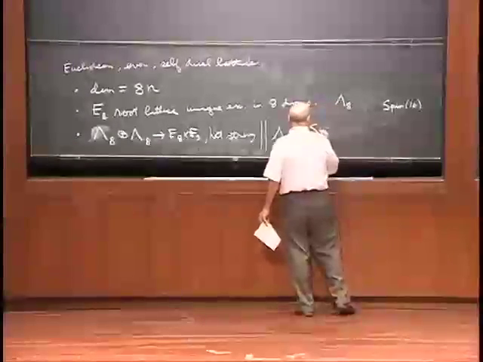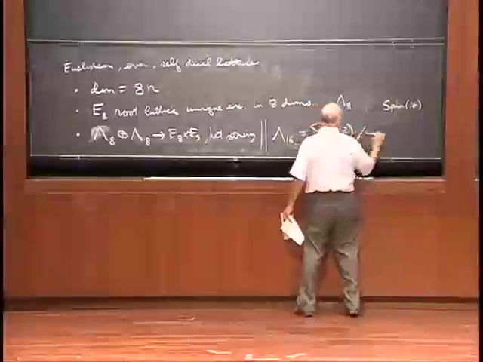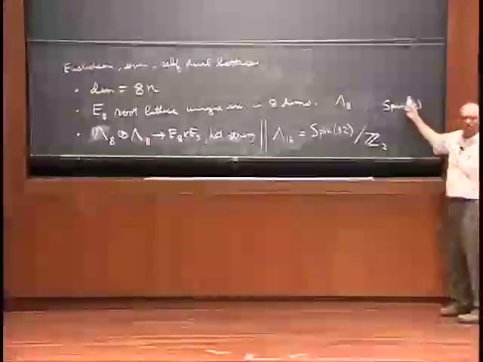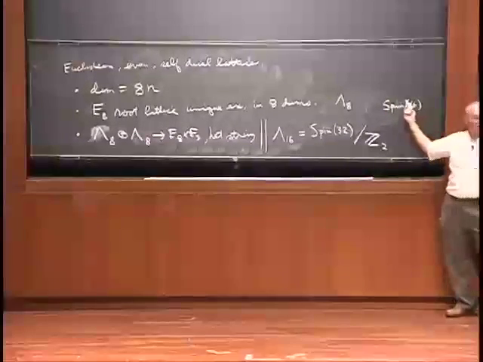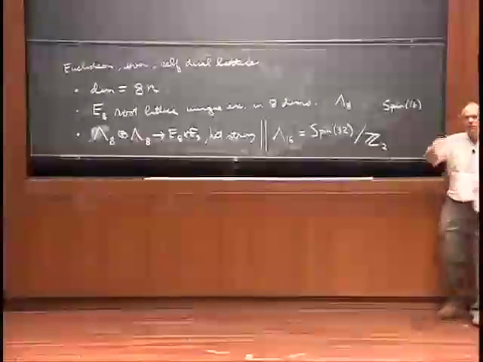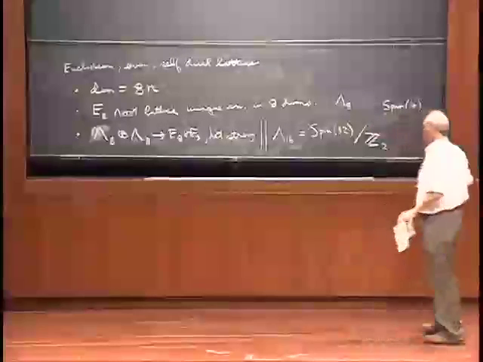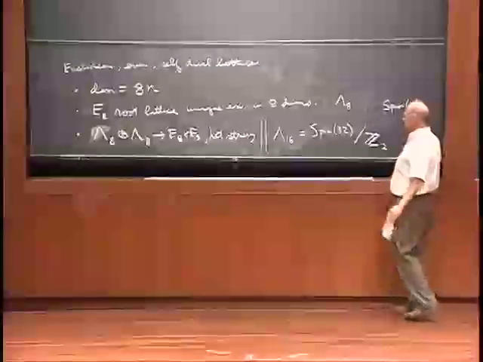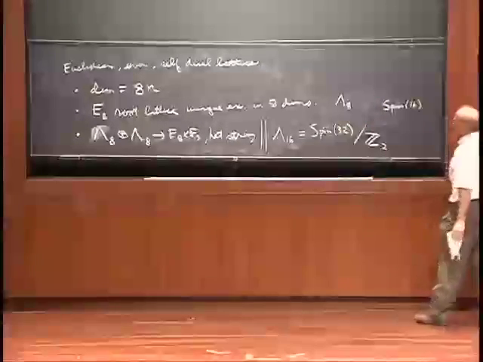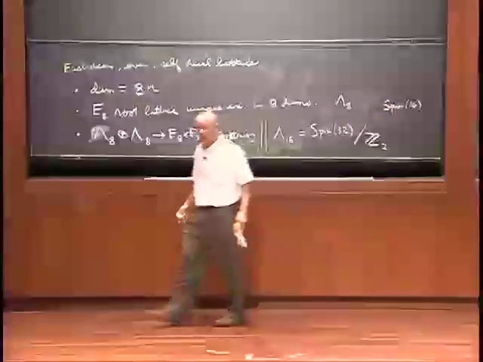So the way people usually write it is they say it's the weight lattice of Spin(32) mod Z2. That's a fancy way of saying that they're going to use 2 of the 4 conjugacy classes. So you use the root lattice, and then one of the shifts of the root lattice by a spinorial weight. So that gives you 2 of the 4 conjugacy classes, and those 2 combined can be viewed as the weight lattice of this group, and that is the lattice that's even and self-dual.